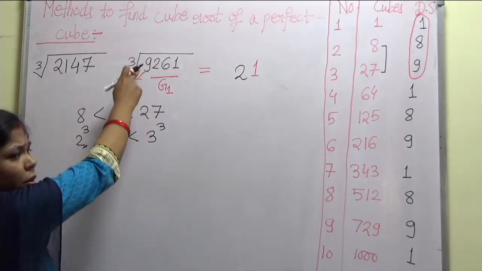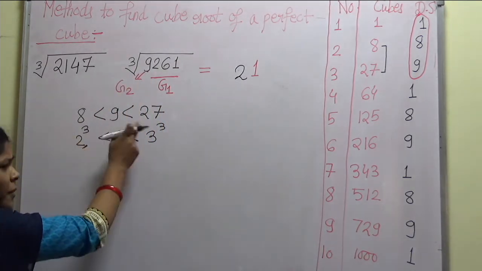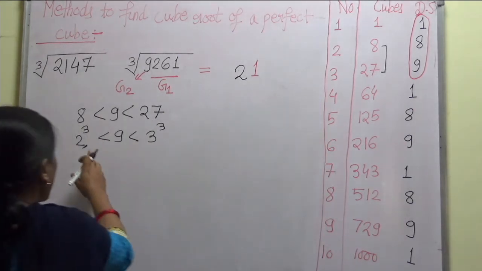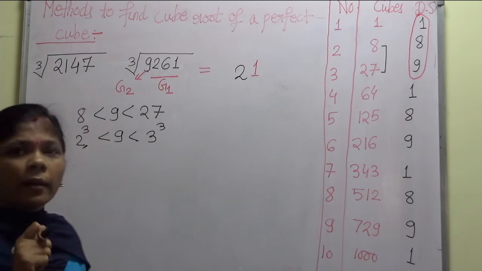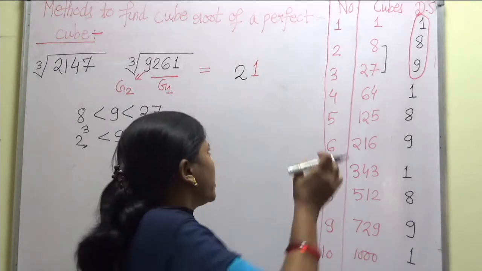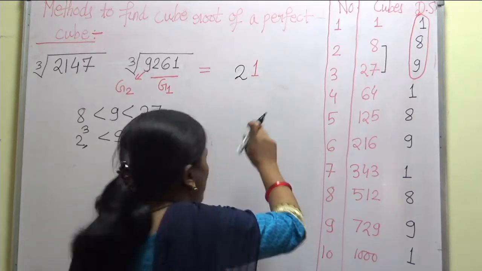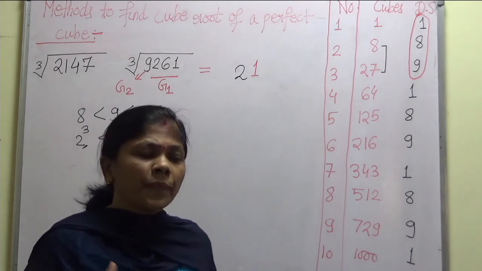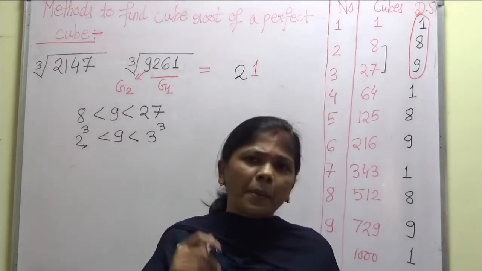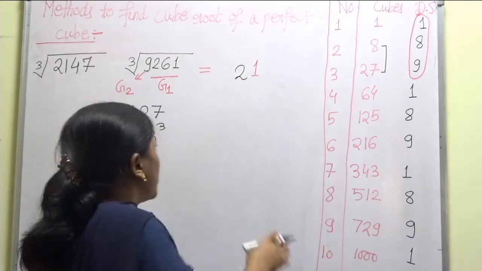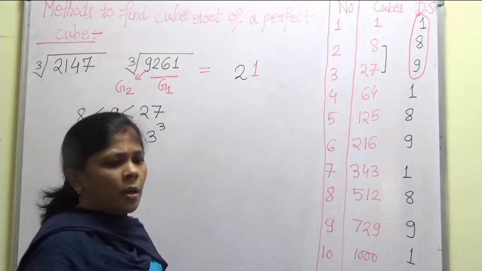So that's why there is no fight for the unit place. For the tens place, or the other number, we observe the number in group 2. We see where it lies in the column of cubes, and whichever is the lesser one, that number should be considered for the next number in the answer. Therefore we have 21. So that is how we have obtained the answer. Earlier, by prime factorization, I also showed you how the answer comes out to be 21, right?